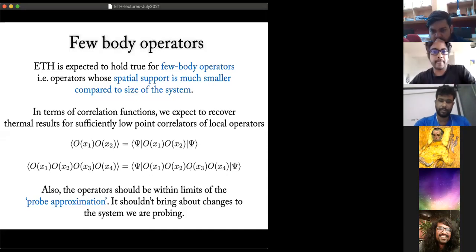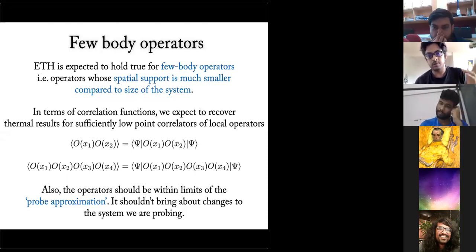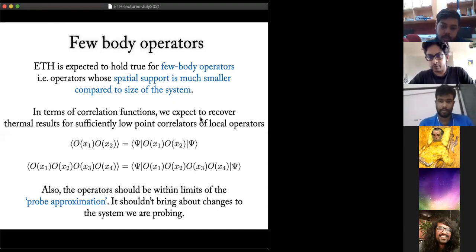Okay, so which are the operators that obey ETH? There's this idea that few-body operators are the ones that obey the ETH. These are local operators, which means their spatial support is much smaller compared to the size of the system. In terms of correlation functions, we expect to recover thermal results for sufficiently low-point correlation functions